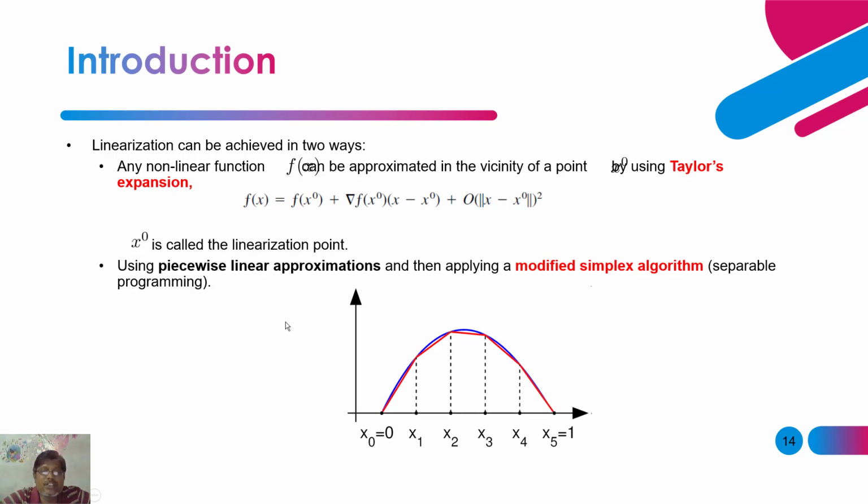The next way is piecewise linear approximation. You can see this is completely nonlinear, but when you take x0 to x1, it is approximated and converted into a linear one. Again, x1 to x2 is approximated and becomes linear. The blue curve is the nonlinear curve. The red one, based on the separate intervals, is made of linear functions. That's what you understand from this curve.